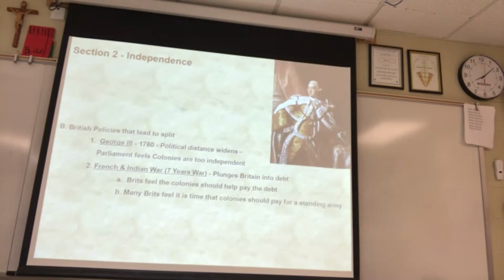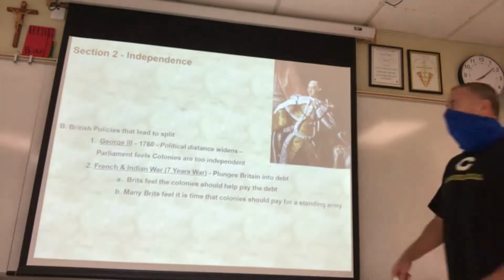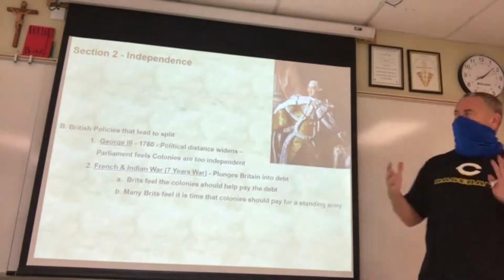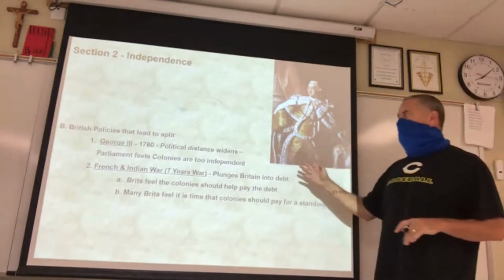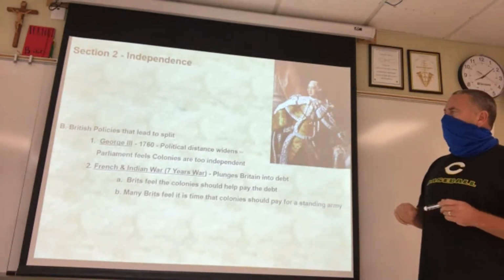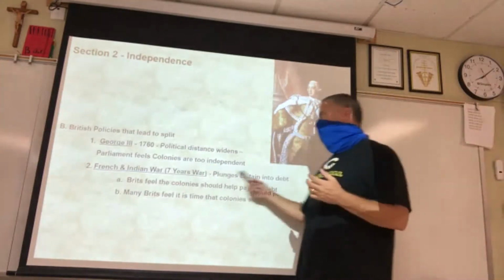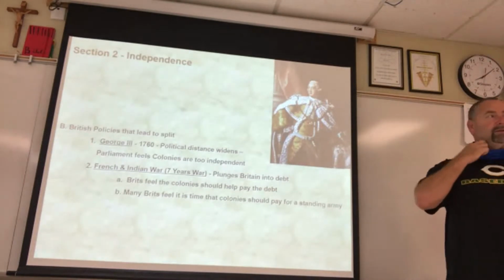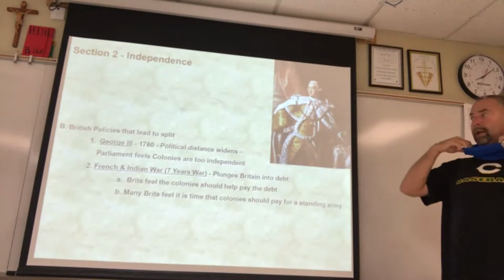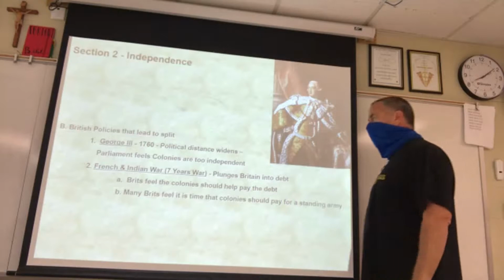There's King George the Third. So a little history here. George III is the king. Now remember, by this time, Parliament has a lot of power, but the king still does have a say. So in 1760, the king and Parliament feel like the colonies are doing their own thing. They think they're all that. They're doing what they want, and we need to clamp down on that, because we don't want these people getting any ideas.